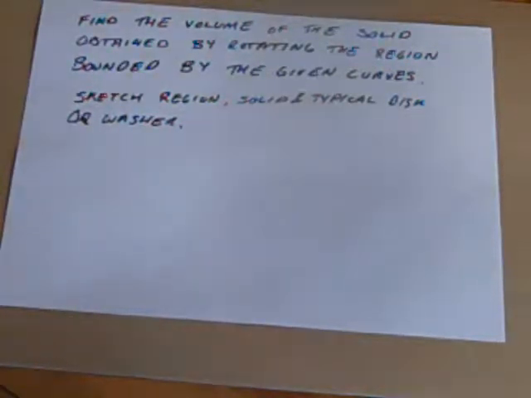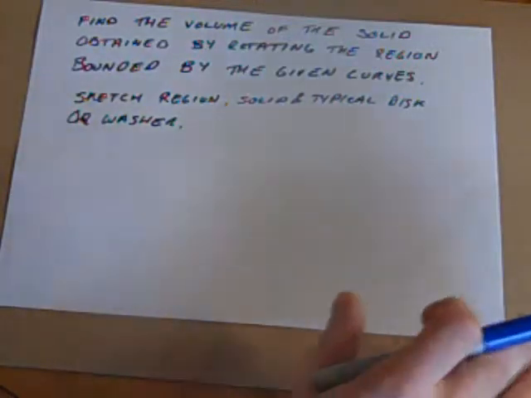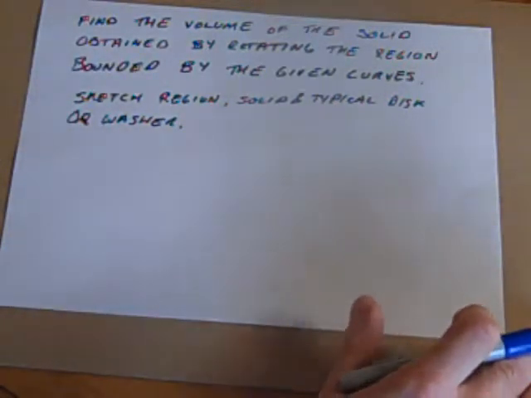So today we're going to continue our discussion into volume of solids by rotating a region around some curve. In this case, we're going to go about a y equals curve. We're going to sketch the region, talk about the solid, talk about whether it's a disk or a washer. And today's problem